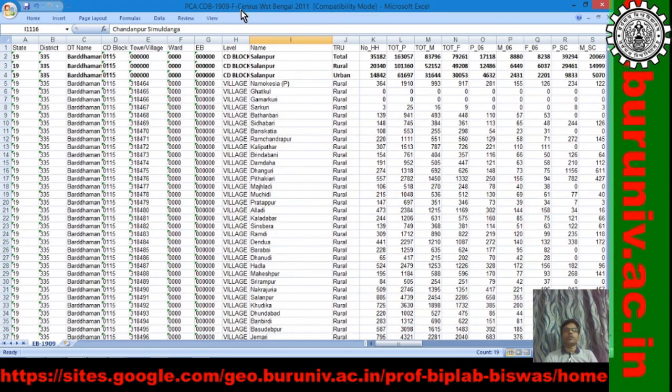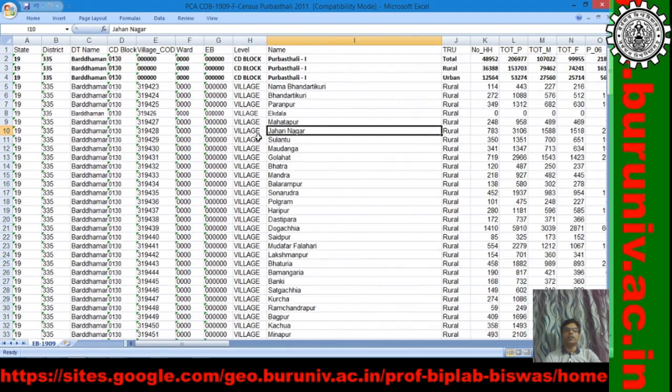From this West Bengal data that I have downloaded from Census of India, I would like to extract only the Purbasthali data and make a few changes.